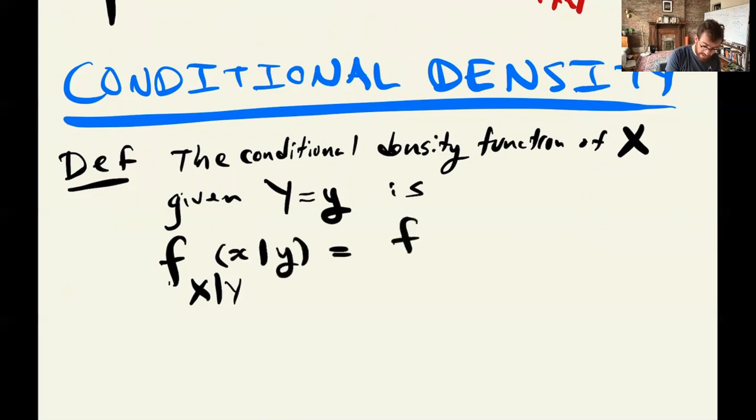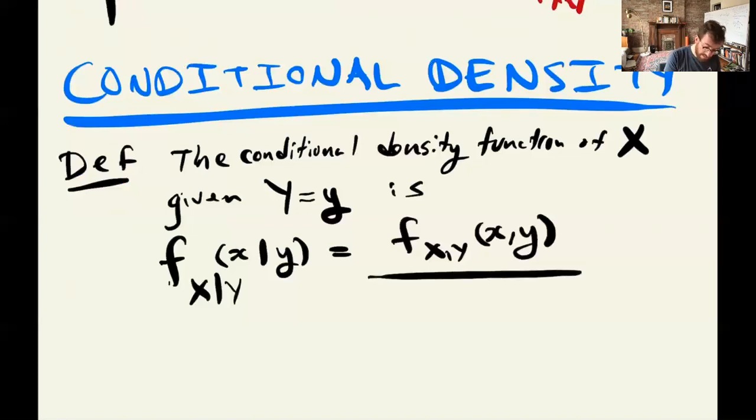And this is by definition going to be the JDF of x and y divided by the JDF, or sorry, the PDF for y,